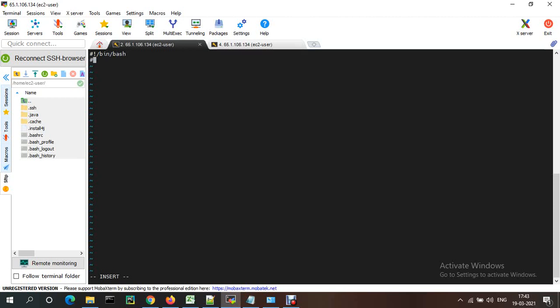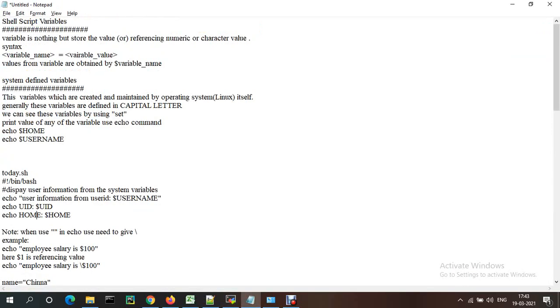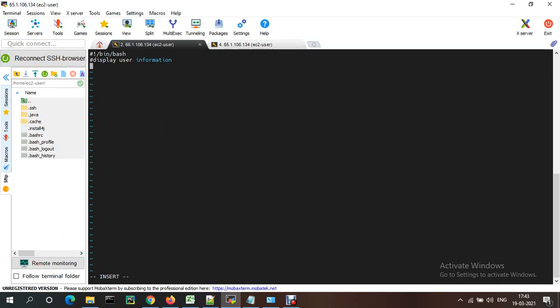This is the comment line: display user information from the system variables. Okay, I'm just printing with echo.